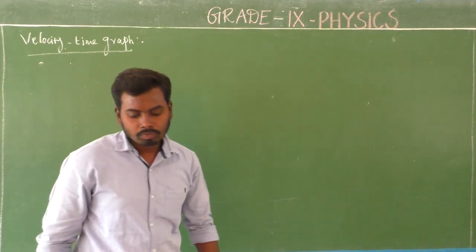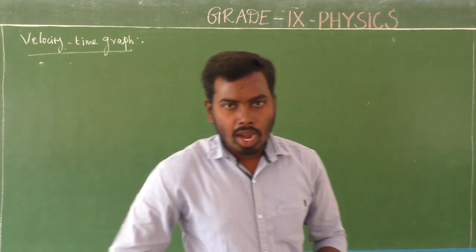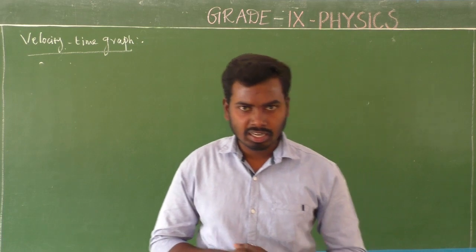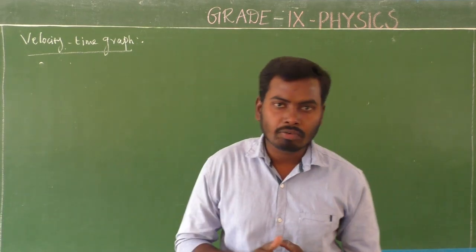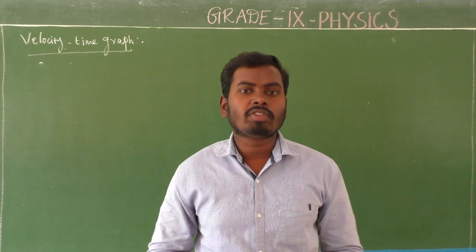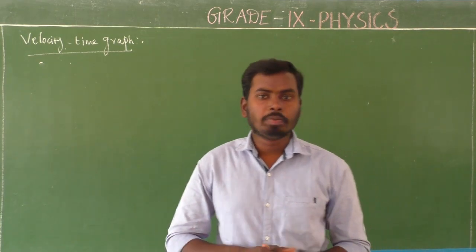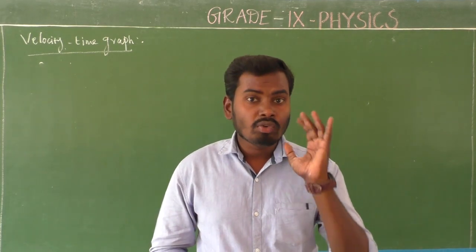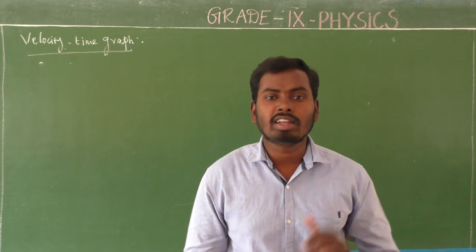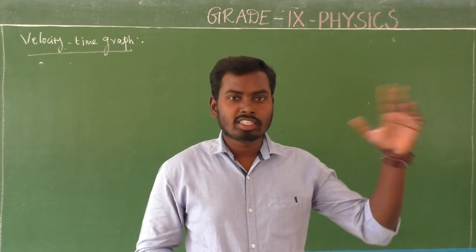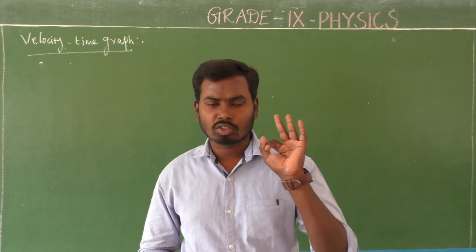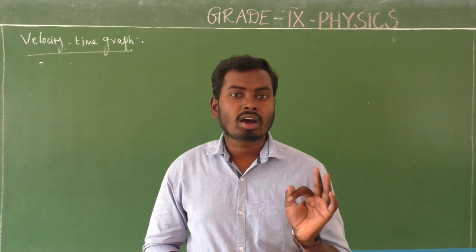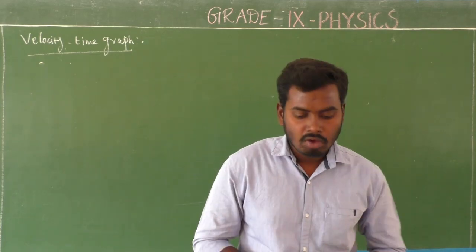Already we know the velocity time graph is used to find out acceleration of the object. So this velocity time graph works under a few conditions of the object. What are the conditions, sir? Actually, 5 conditions are there. Likewise for the distance time graph, there are 3 conditions, but in the velocity time graph, there are totally 5 conditions of motion of the object. Is it clear?